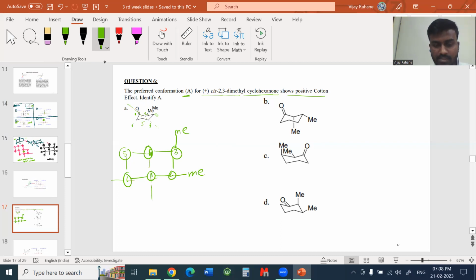See, both of these are on the line, so it doesn't show a Cotton effect, right? It doesn't show a strong Cotton effect because all of these lie on the axis. In this molecule, you can see, we'll take a different color. Here we can see it will be number 1, 2, 3, 4, 5, 6. The one lies in center, and on